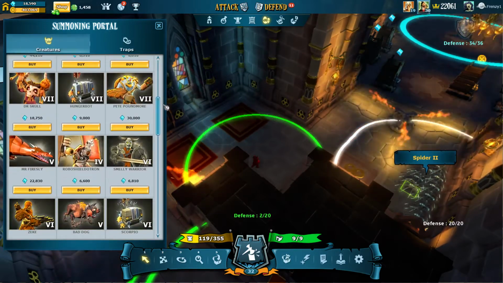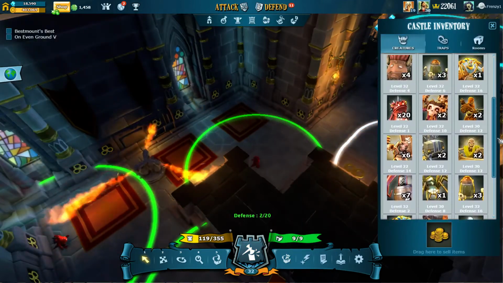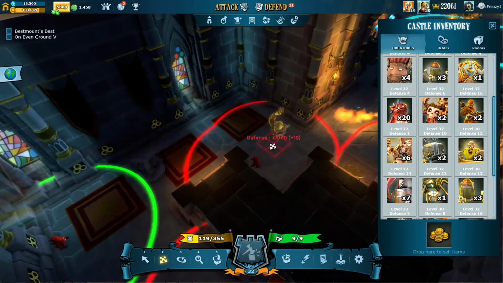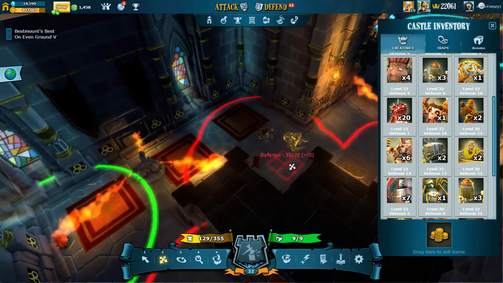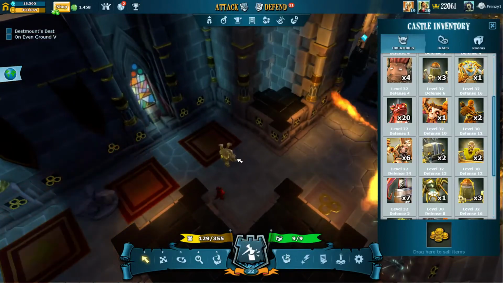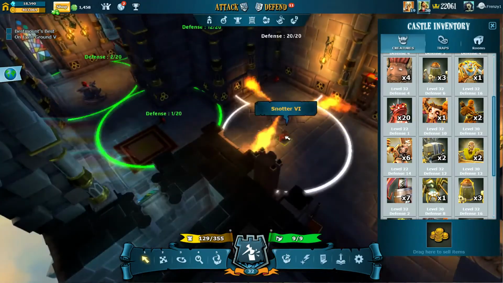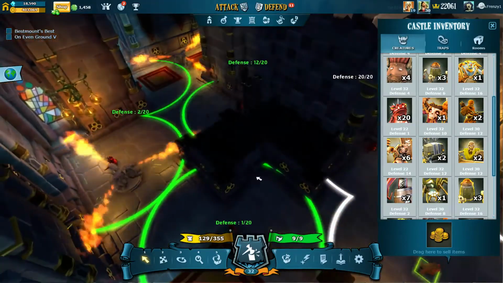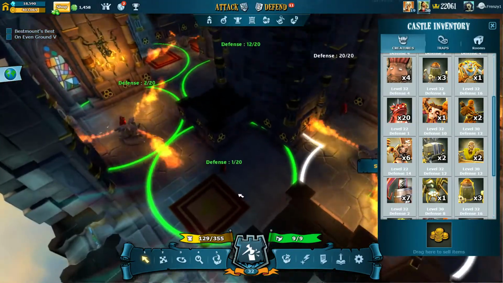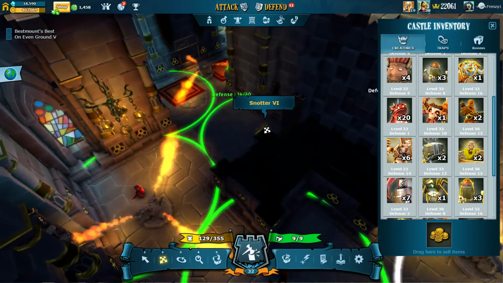Alright, so where's my Dr. Skull? I don't want my summoning portal for this. I want my other thing. Alright, Dr. Skull. Let's throw him in here. Doesn't really matter where he is. We probably want to delay him as much as possible, I would say. Actually, I'm not sure on that. You can also hope that... I'm actually almost guaranteeing that some of the people that attack me in this competition will kind of try to...